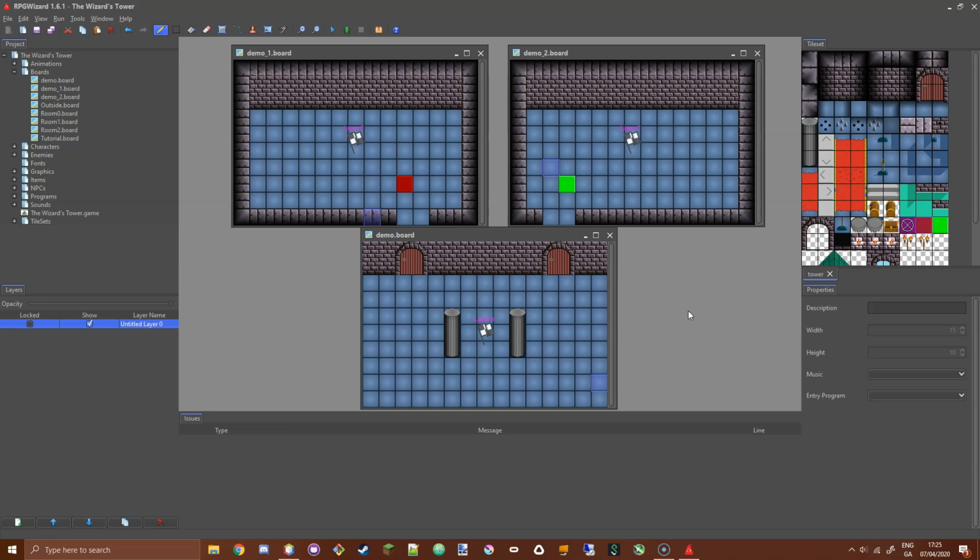Hi guys, Swordmaster here. Today in this tutorial I'm going to show you how to move between boards in your game. So up to this point everything we've done is on a single board, and you might be wondering,